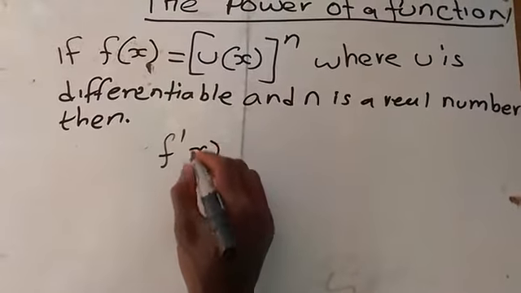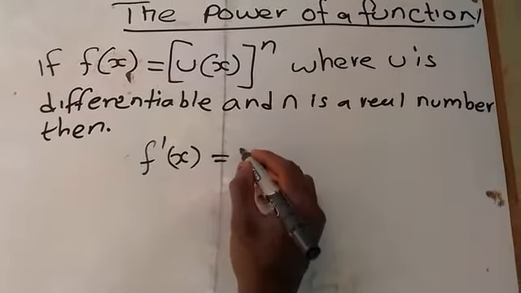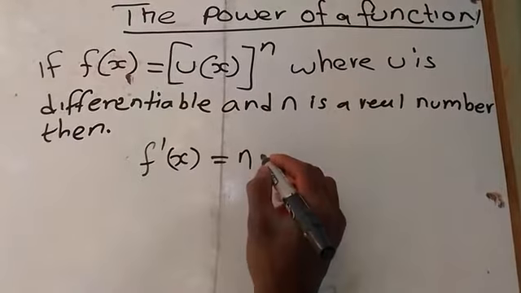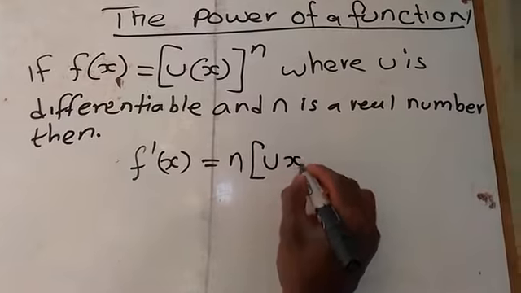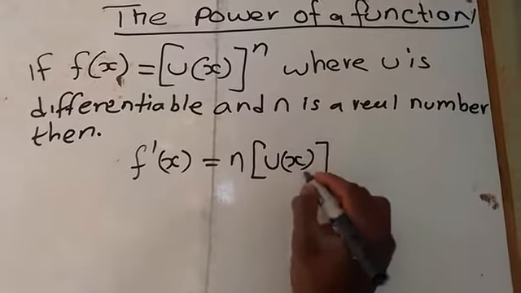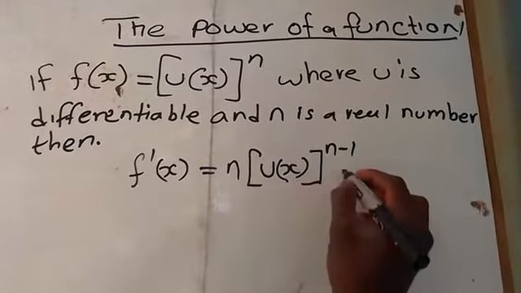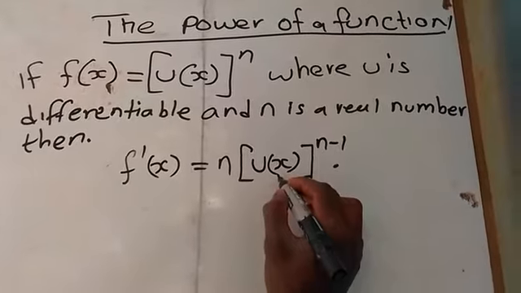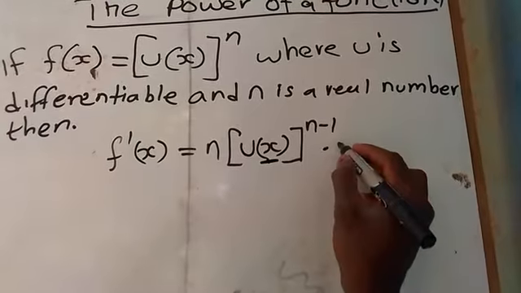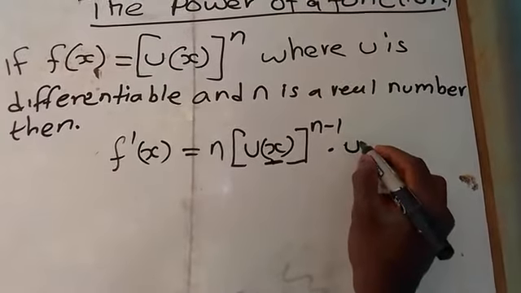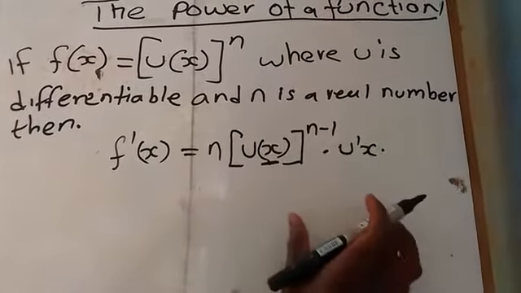f prime of x will be equal to n. As we differentiate this equation, it will be n into u of x in brackets raised to n minus 1, but when we differentiate, we multiply by the inner function, so we multiply by u prime of x. This is the equation